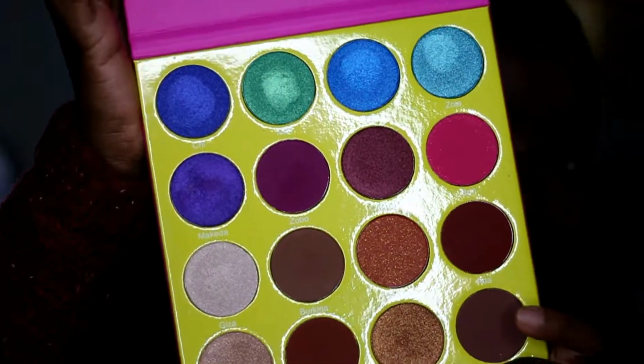So in this video, I'm going to show you guys how I achieved this eye look using the Juvias Masquerade palette. This is what it looks like. And I'm pretty sure you all have heard of this palette. I've been trying to purchase it, but I never got the chance to up until now. The color payout of these shadows is amazing, so I'm definitely going to be using this more often to create more looks. So if you guys want to see how I got this look, continue to keep on watching,